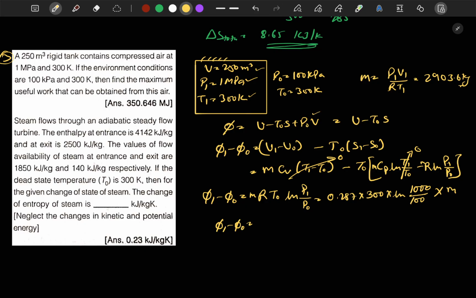Okay, so we have to consider this value because it is the work from the system to the surrounding. And when this work is done, it is done by the surrounding on the system when the pressure is assumed to be atmospheric. Now we can add this, so we get P node into (V1 minus V node) plus P node into (V1 minus V node).